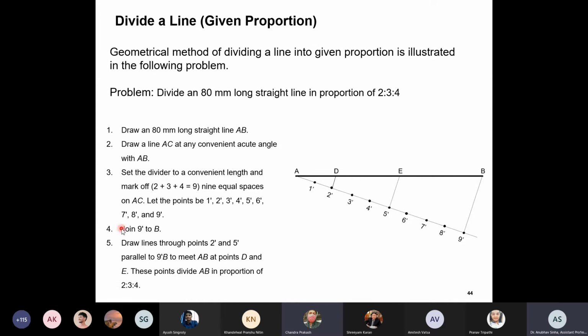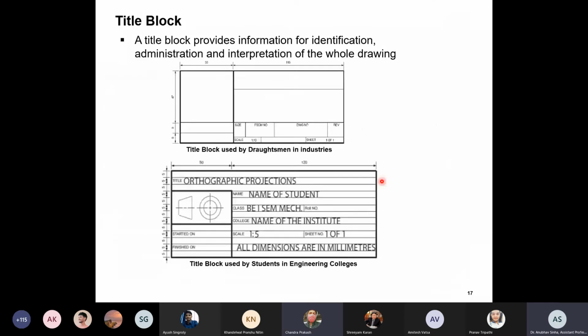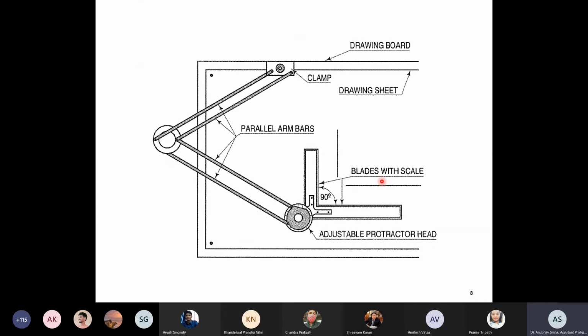What is a drafter, sir? This one. You need a table to fix it on. This is the drafter. The use of a drafter is that once I rotate it and fix it in some location, all the lines will be drawn parallel. Generally we use a drafter for the subject, but if you make them approximately parallel, that will be acceptable. It is not so accurate. Approximately parallel is good enough.